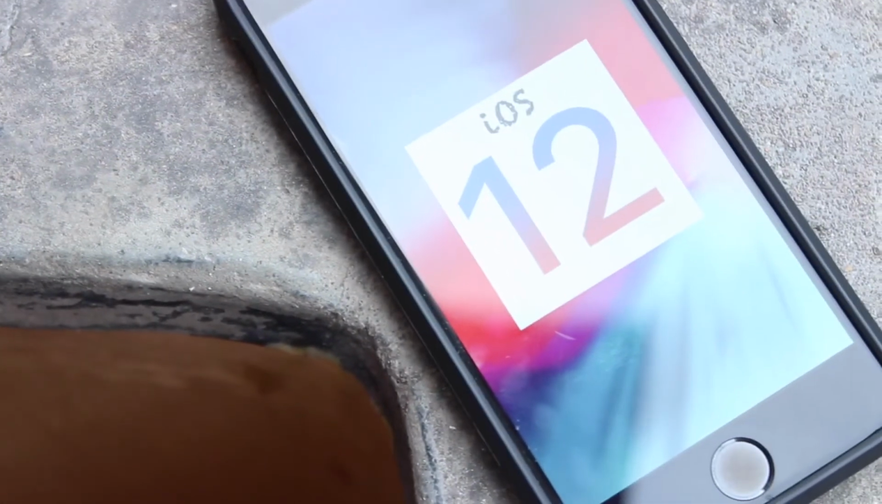So iOS 12 Developer Beta 2 was released by Apple this week and there are tons of minor changes to